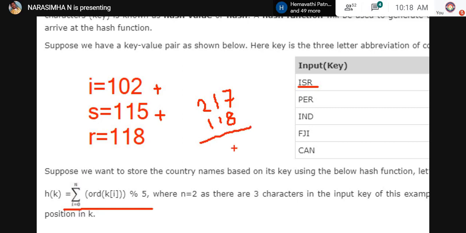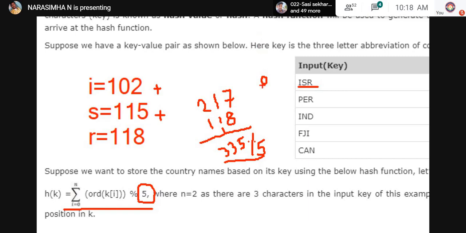What is this? 335. 335 is the value. Here I am giving some mod operation value, by 5. What is the mod here? That is 0. Mod in the sense it returns the remainder value.